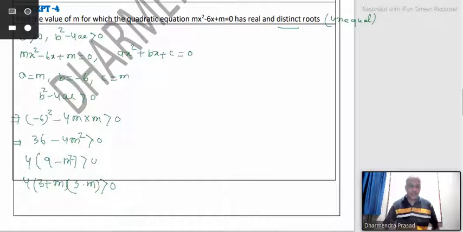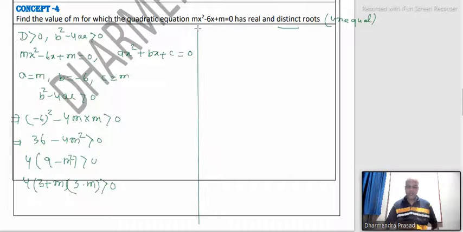Now here in this question, definitely m cannot be 0, 4 cannot be 0, and this is 3 plus m and 3 minus m, but this is an inequation. So the method of solving an inequation is a little bit different from an equation. So what is the method? First of all, let this value be equal to 0. Let 3 plus m and 3 minus m, and this 4 part, be equal to 0.